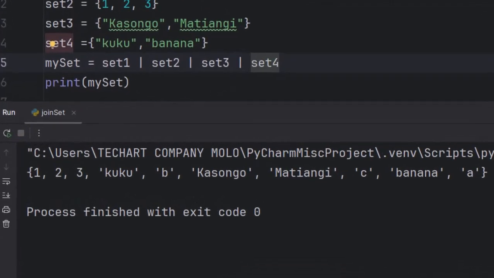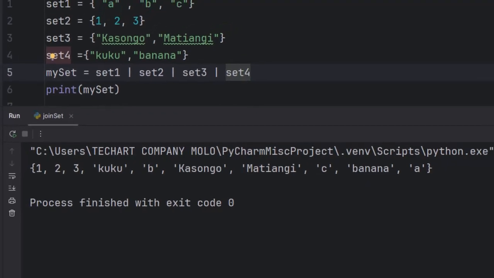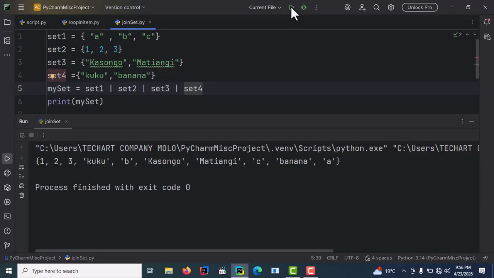There you go. So in the next lesson we will learn how to join a set and a tuple, because now this is a set. If you don't know how to create a tuple, you can go to the previous lessons on my YouTube channel, lesson 1 to lesson 17, so you can learn tuples there. In the next lesson we will learn how to join the set and the tuple. So see you in